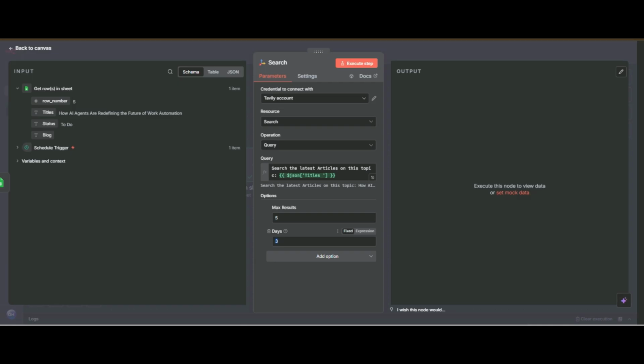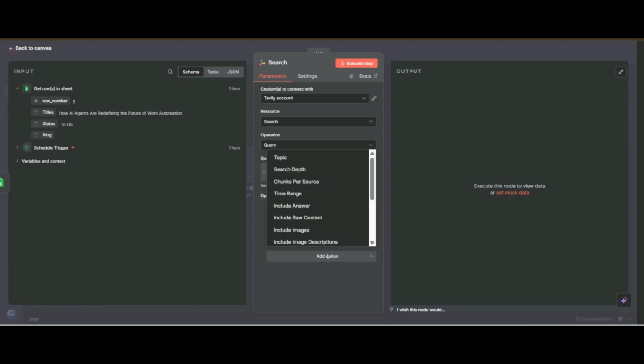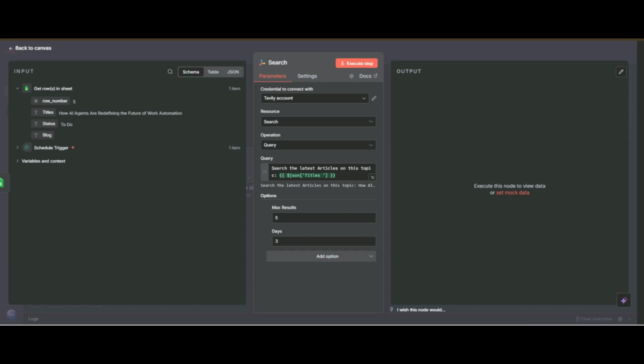I will select 3. You can go 1, 2 or 10 if you want. If you are working on history, you have to go more days past. So now we have edited our query and max results, and yes, you can explore more options, but now I have only used this, so I will execute this step.